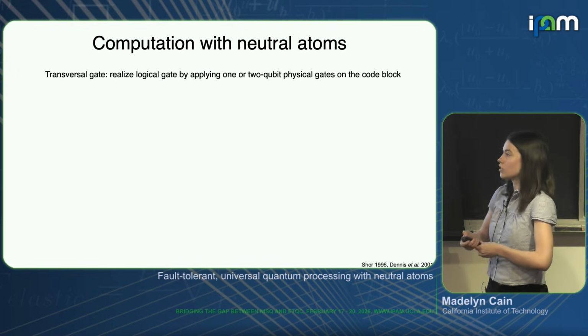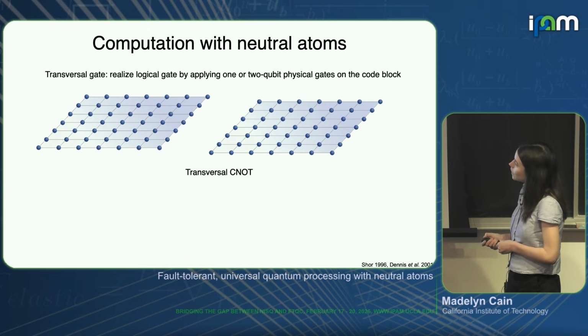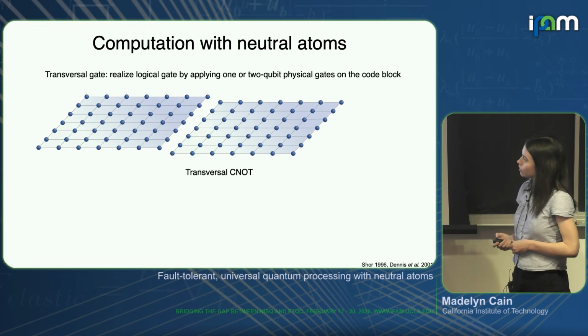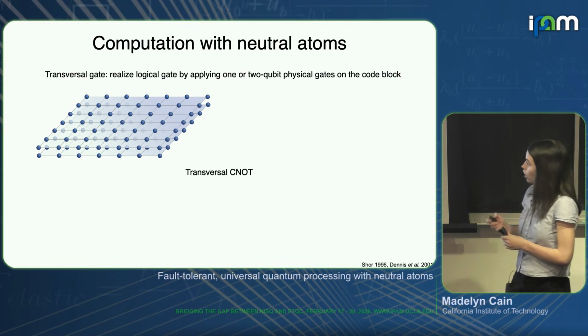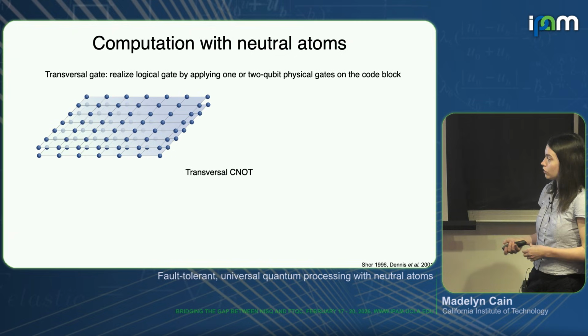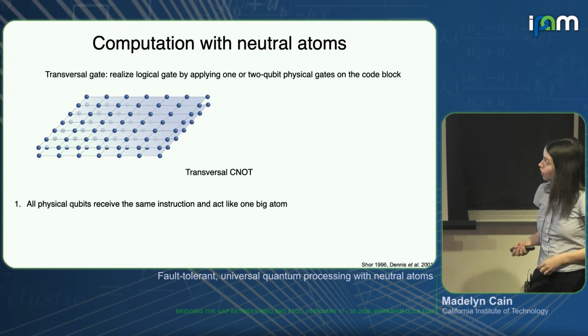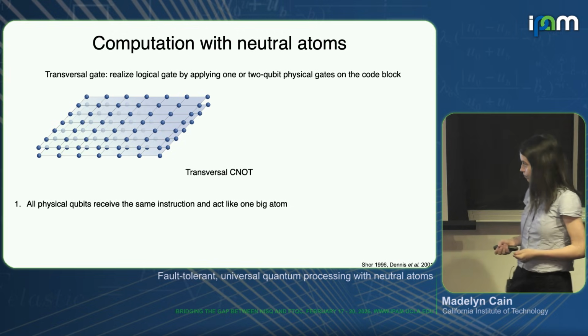So for example, suppose I want to entangle 2 logical qubits. I can do a transversal CNOT gate by just interlacing 2 code patches, pulsing on the Rydberg laser in order to do pairwise entangling gates between the 2 codes, and separate them in order to realize a logical operation in just a single step.